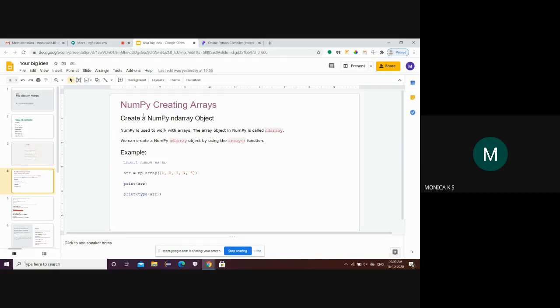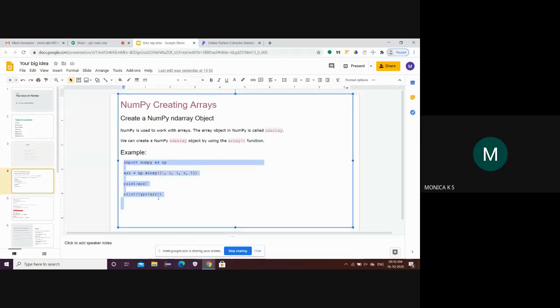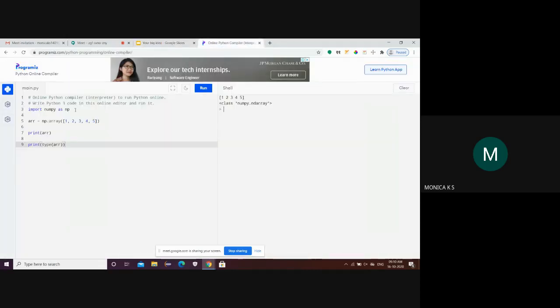So NumPy creating array. So how to create an array using NumPy? This is a basic example program which is used for creating arrays. NumPy is used for working with arrays, and this array object is called ndarray. We can create a NumPy array using the object ndarray, and we can call it using the array function. So this program I'll execute and I'll show.